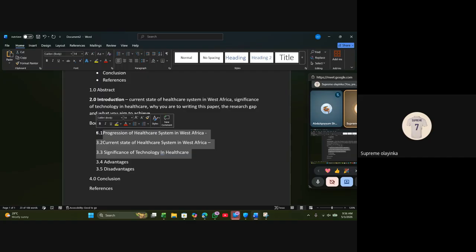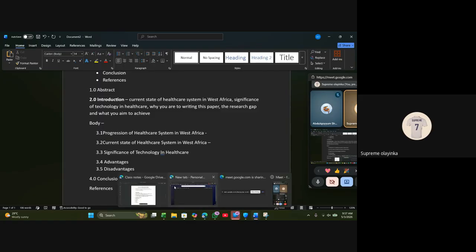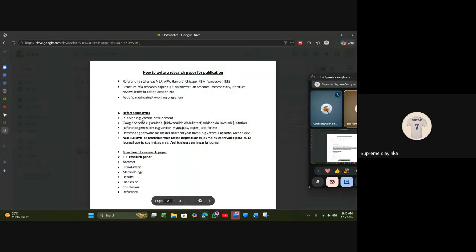So how do we now reference, which is where we are going today? How do we do referencing? So there are different ways we can do referencing. We can reference using research, we can reference using reference generator or